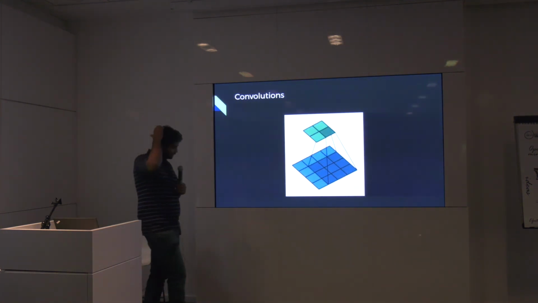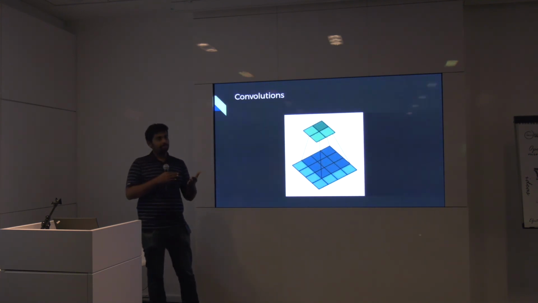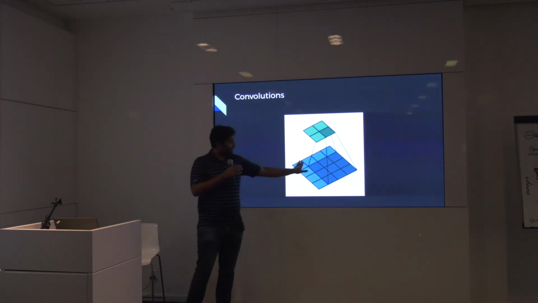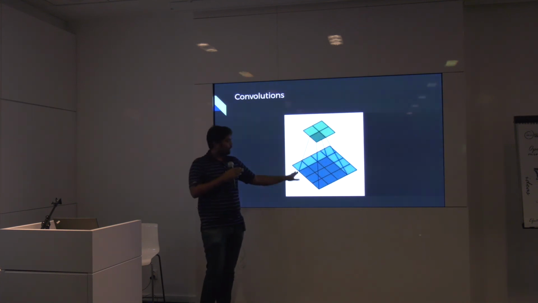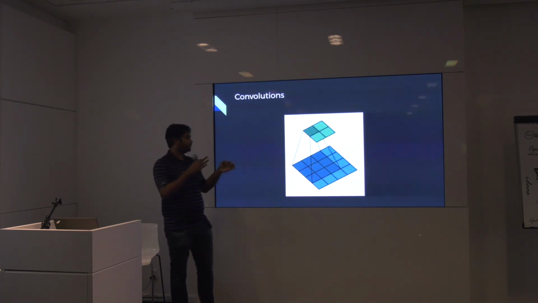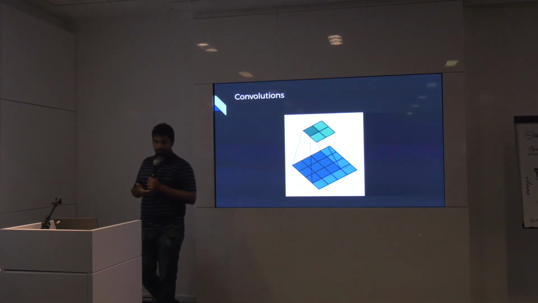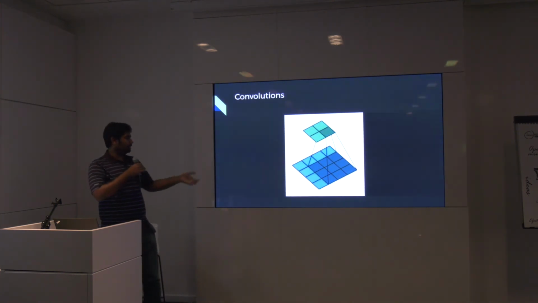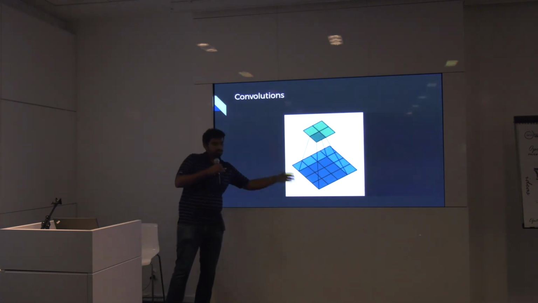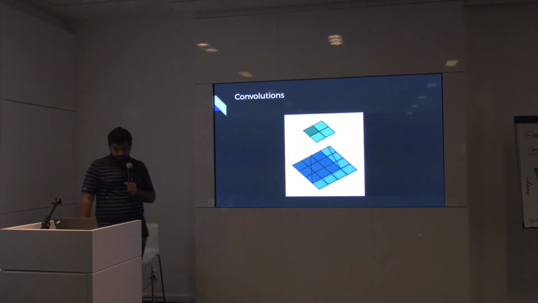So convolution, to understand what's happening in a very simplistic way, you have an input matrix, and you have a filter, which is just another smaller matrix, and you slide it across the input. Every time the input and the filter overlap, you compute the dot product. You multiply these two elements and sum it up. That's how a convolution works. For higher dimensions as well, you can imagine instead of just a matrix, you have more matrices stacked on top of each other.